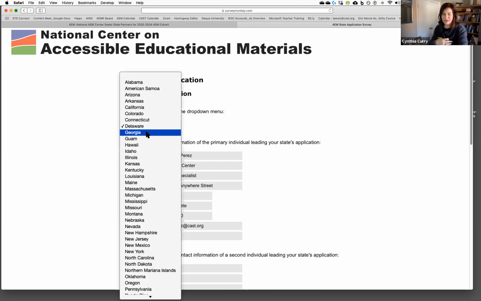My own state of Maine was part of the AIM consortium from 2007 to 2012 or so, and that is fine if you were in a state that participated in technical assistance prior to 2014. But our AIM state cohort that received intensive technical assistance between 2014 and 2019, we've been directed by OSEP to